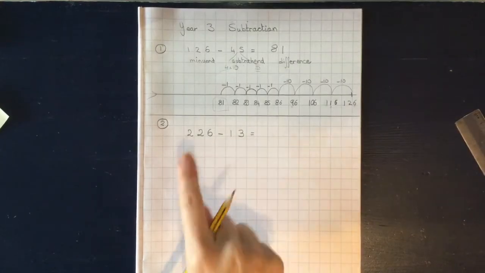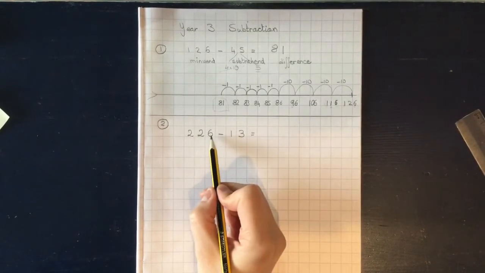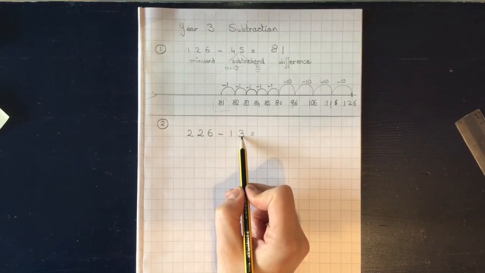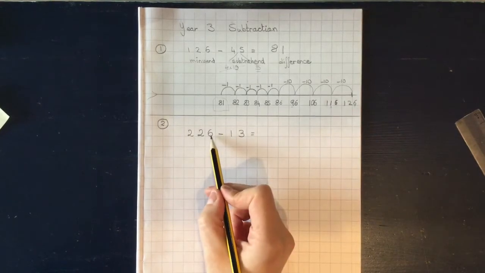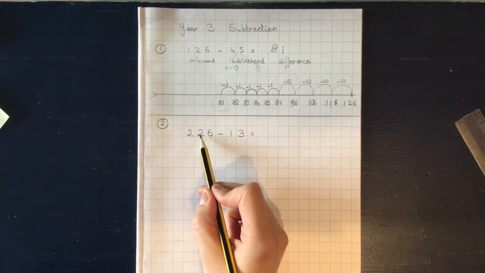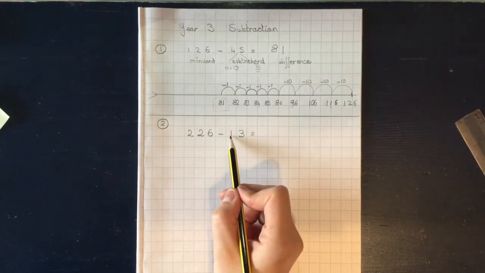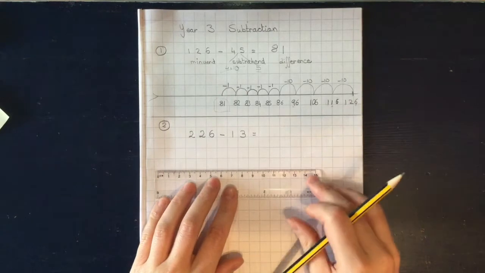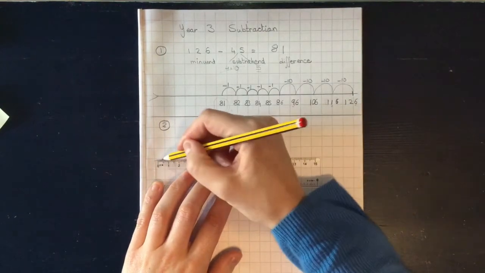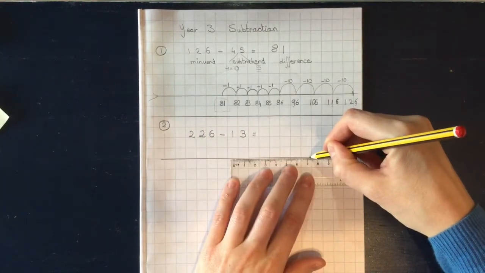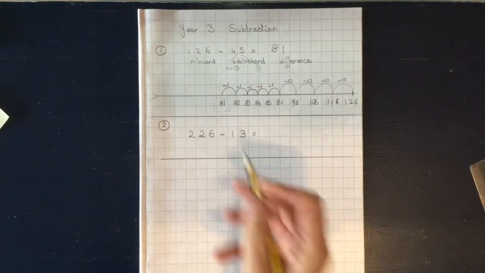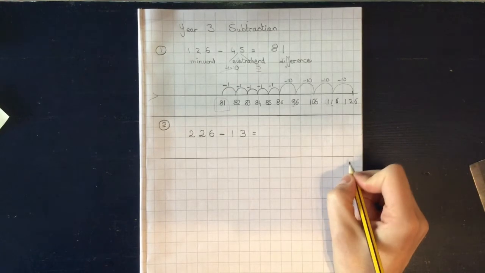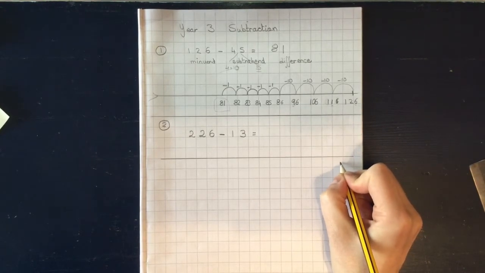In some cases, I can see that the ones from my minuend are greater than the ones from my subtrahend, so I wouldn't have to go across any boundaries. And the same case in my tens. I have more tens here than here, so I can easily do efficient jumps on my number line. So let's see. It is a subtraction, so I make sure that I write my minuend at the very end of my number line,